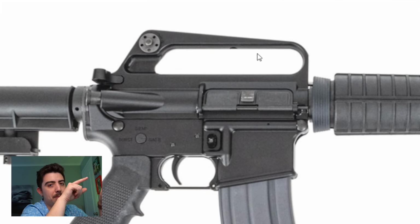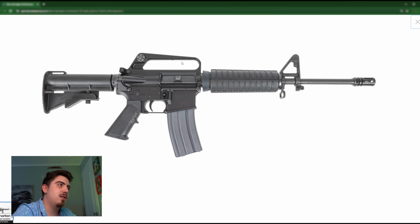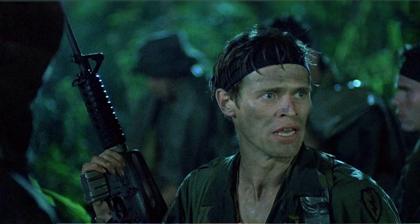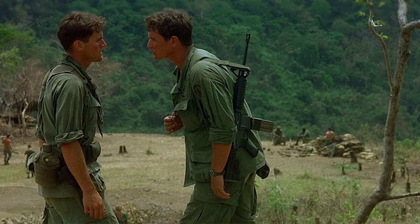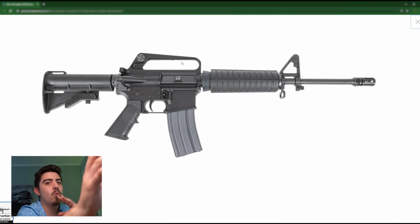However, the thing that I think makes it a little bit not a 723 is that A1 upper receiver. As you can see, there's no brass deflector on the gun, not like a C7. So this is an A1, not a C7. Therefore, this is more in line with a 653. If you've seen the movie Platoon, you know those guys aren't carrying XM177s, they're carrying 653s according to IMFDB. So it's a long skinny barrel and it's an A1 upper. This is also known as the M16A1 carbine,